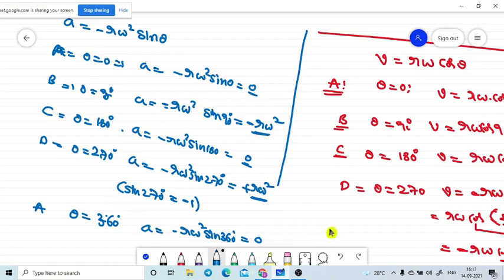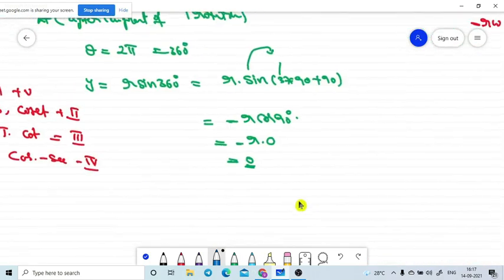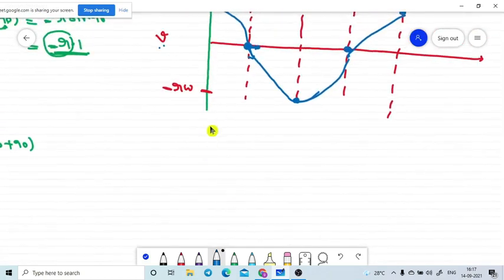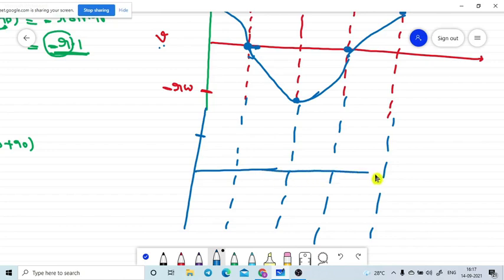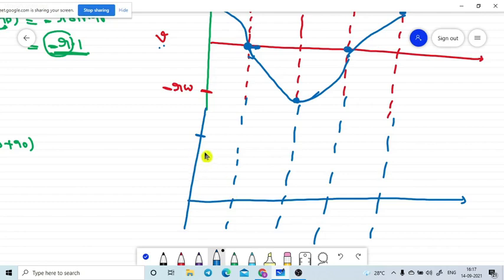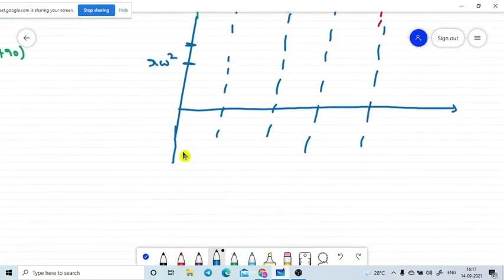So let me draw the graph. It is better to extend this graph. I already told you to give some space to extend the graph. Now what is the maximum value in the positive direction? Yes, let me take this. That is the r omega square we achieved. In the negative direction, what is the maximum value achieved? Minus r omega square we achieved.